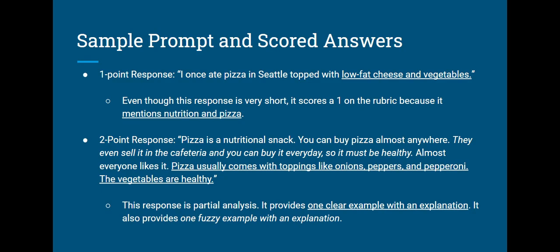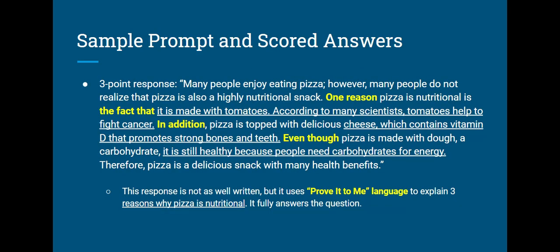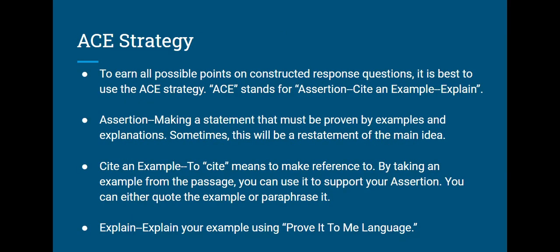As long as you have some kind of restatement of the question that's being asked, then you're going to have your assertion. Then you're going to cite your examples. You're going to have 3 examples. To cite just means to make reference to. So you take an example from the passage, you put it in your response to support your assertion. You can quote it or you can paraphrase it, but as long as you've got 3 different examples, that's all you're looking for. And then your explanation is going to explain the example and connect how the example supports the